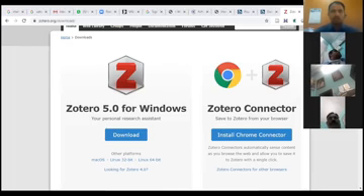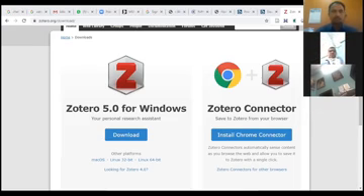I would like to unlink this account and use Mitesh instead of Mitesh Pandya. And say setup sync. What this will do is show the Zotero database was last synced with so and so, and the current one is this. If you continue, data associated with this account will be removed from this computer.